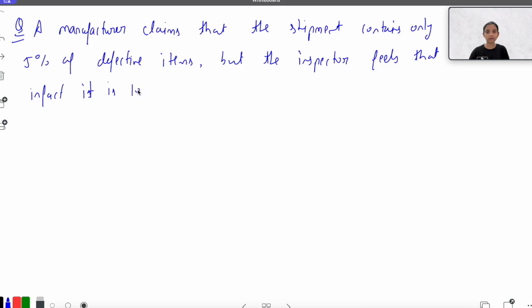The defectives are 10%. Now we have to decide